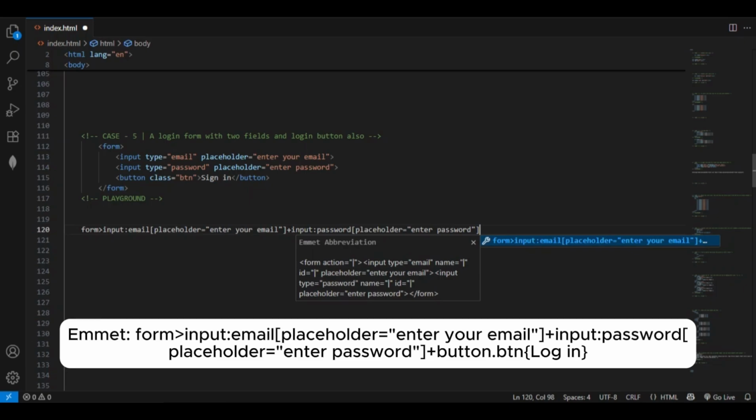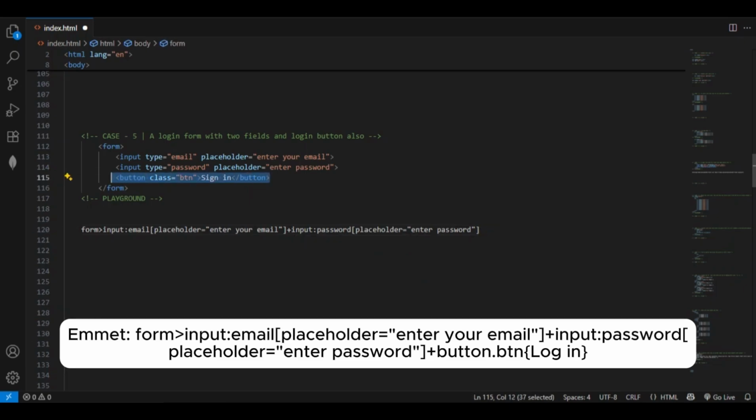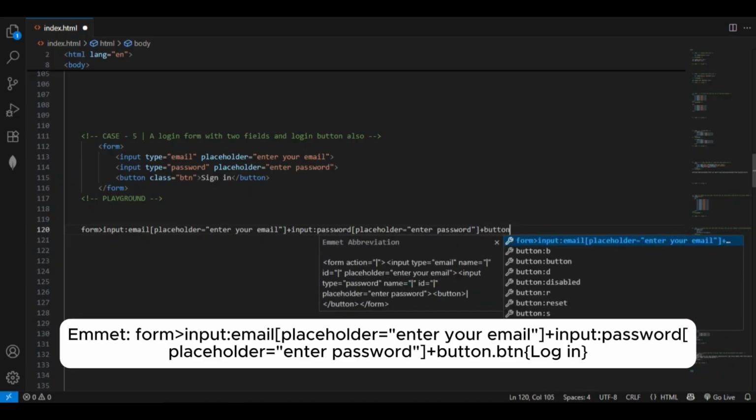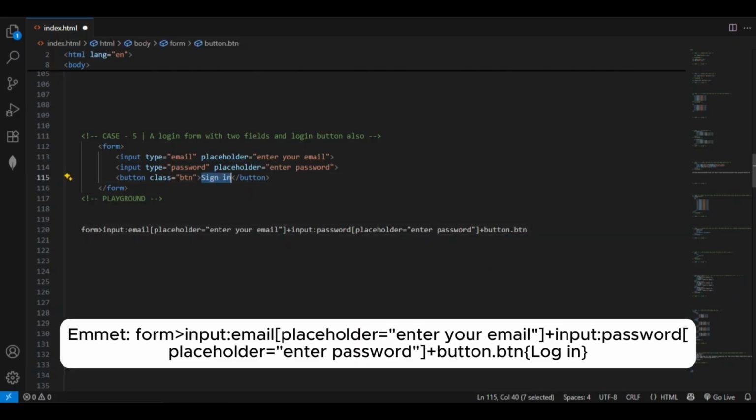And now lastly we need a button, and here we have a button, and for this button we have a class name and a button value. So just enter plus again, and then write that element's name, button, and with this button we need a class name called btn, and for this button we need to enter a value. You may see here it also has a sign-in value for this button that appears on the web template. So for taking that value we need to write at this time